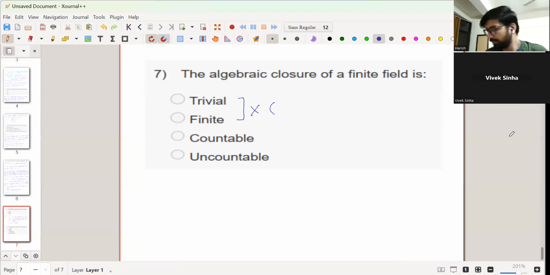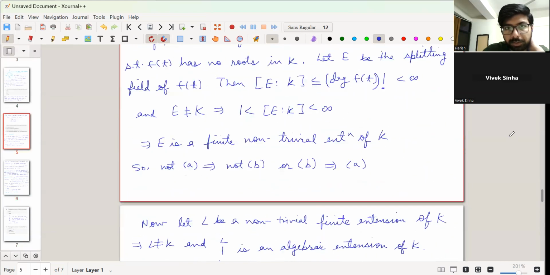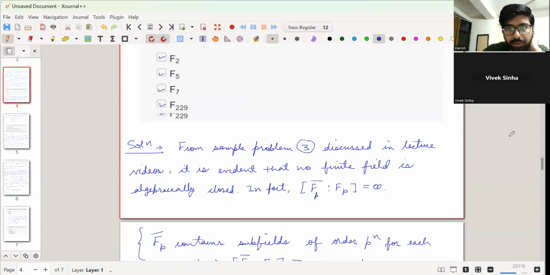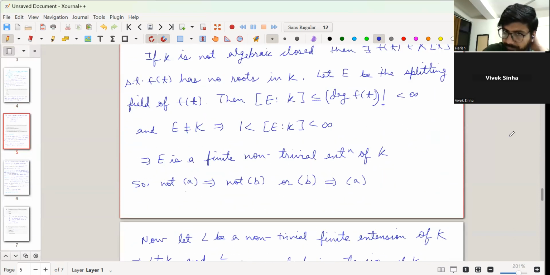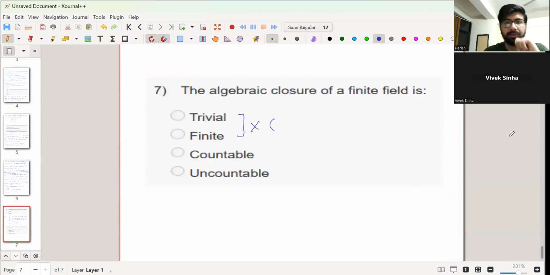Which question was there? I think in one of the questions we have discussed this, where the sample problem number 3 was coming. Question number 4. So this is from question number 4, and this won't happen because